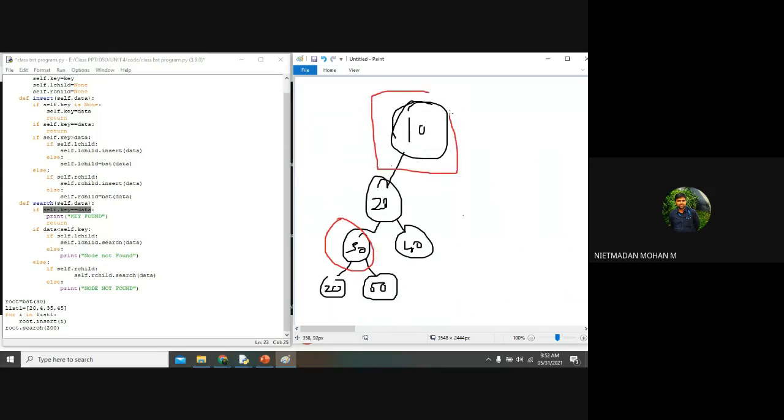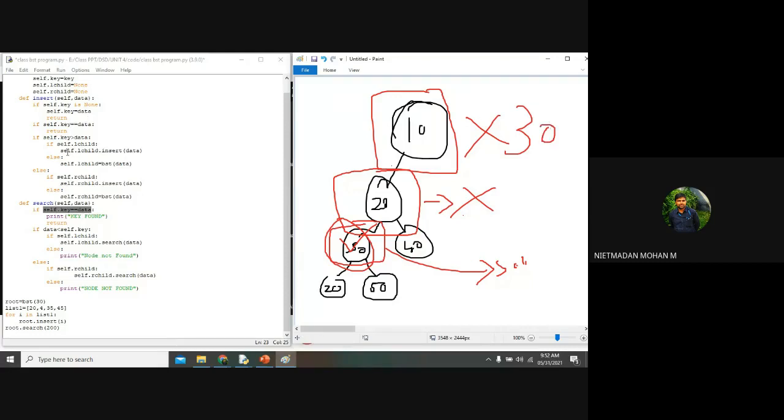First, this will become the root node and it will check whether self.key is equal to data or not. Again, the recursive function has started, and now this will become the root node and it will check whether self.key is equal to data or not. No. Again, this will become the root node and it will check the first condition, whether self.key is equal to data or not. Here self.key is 30 and my searching value is 30.